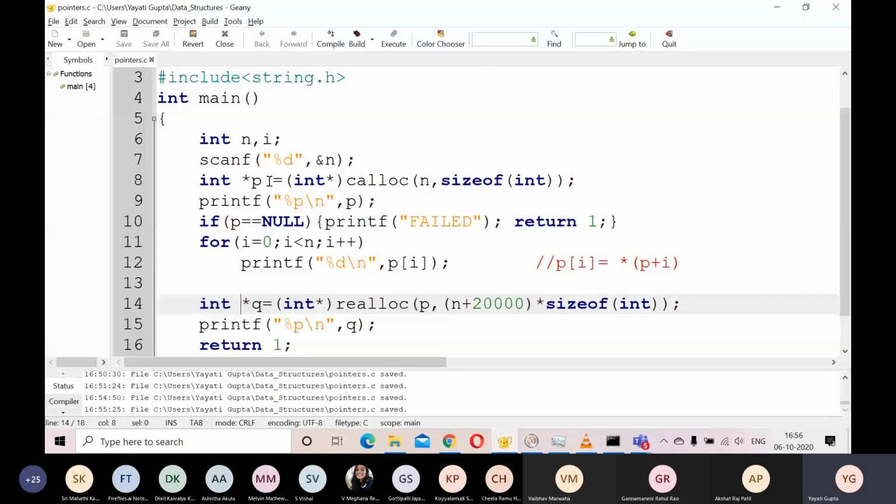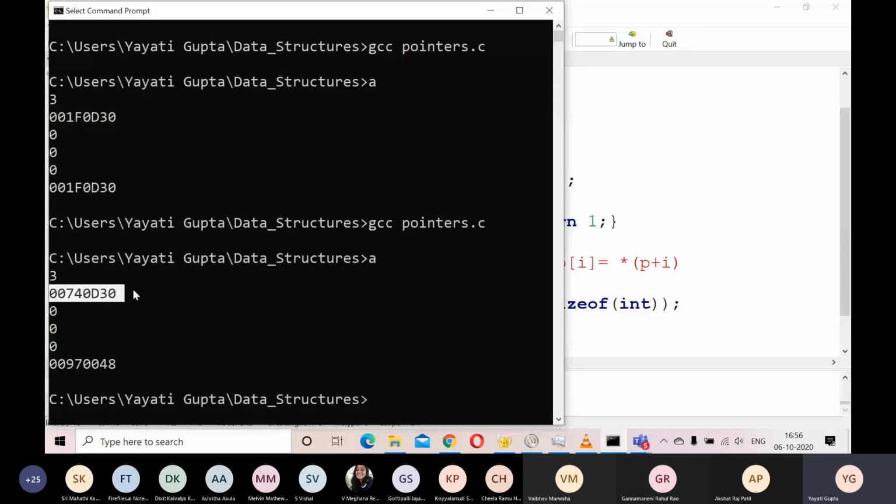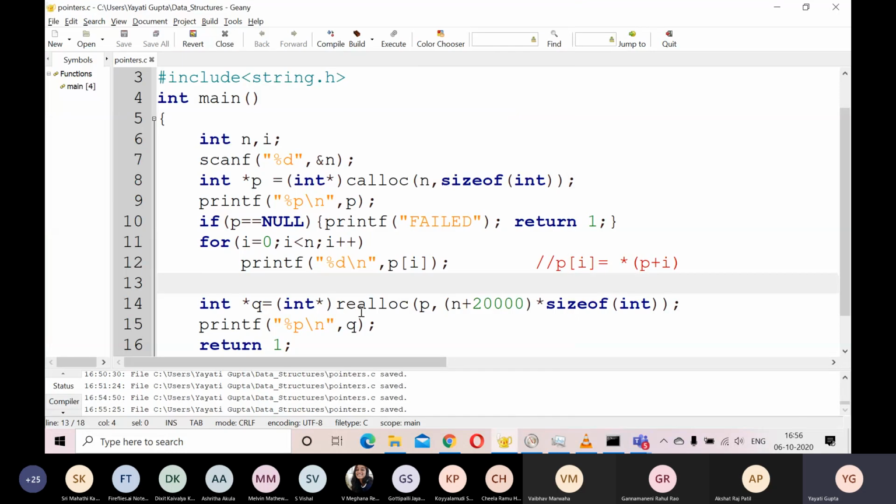What happens to P? P is still pointing to this particular location, right? But the elements which were there, they are no longer mine. So now P becomes a dangling pointer. That is, P is pointing to some address, but whatever values are there at that address, they do not belong to me. If I now try to access P and make some changes at that old location, it will show me an error. So generally what you should do in your codes is set this P to null here, or better, instead of having a new variable Q here, let's collect this value back in P only.